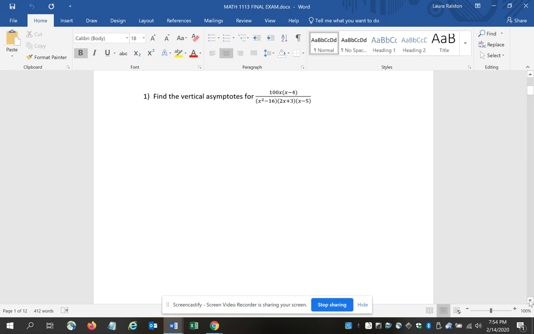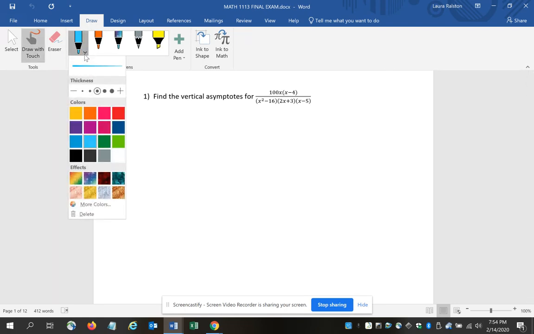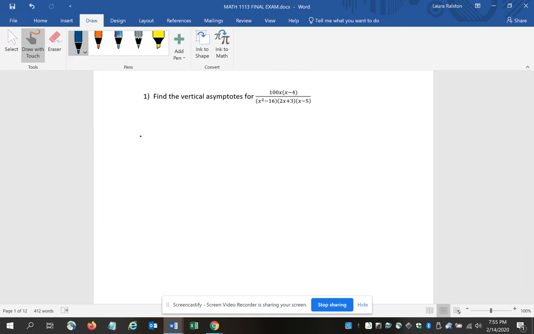You had a problem similar to this on the midterm exam, and quite honestly, a lot of you missed it. One of the first things that you need to do when you have a rational function such as this is simplify the rational function first. And in this case, that is going to require that you do at least a little bit of factoring within the denominator,